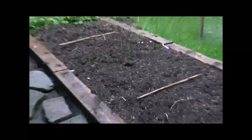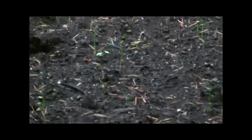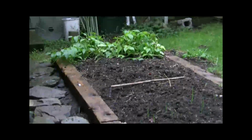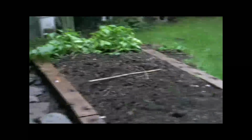Down there I've planted some Valencia onions, which are coming up. There were seeds, so hopefully they'll make it. If not, you know, that's how it goes. And then there's some more garlic bulbs down there. At the end it has some green beans that haven't been pulled yet. There's probably a few more green beans on them that I could get. And then over here,